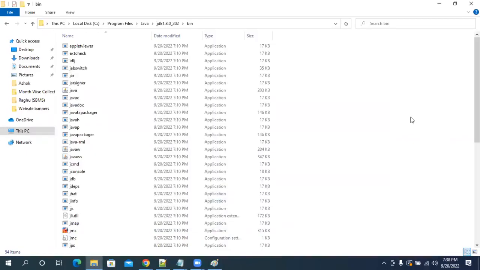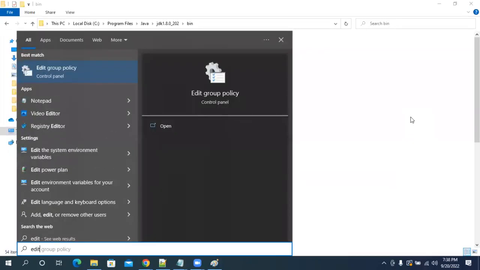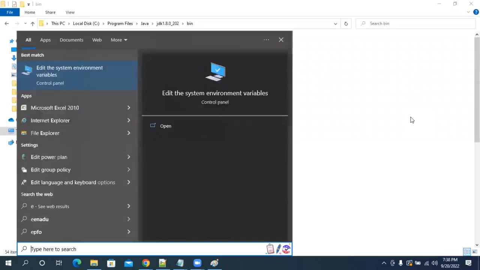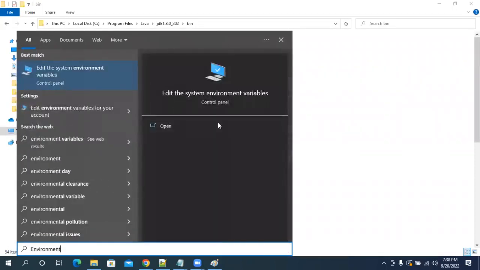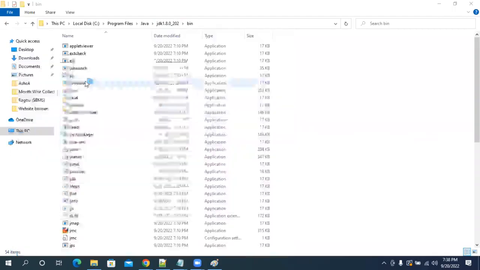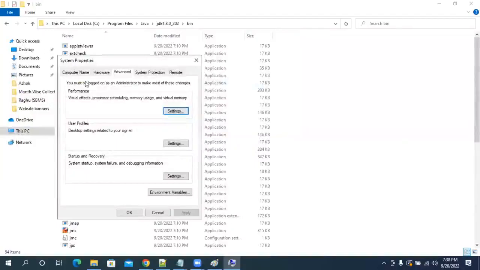Go to environment variables. Type environment variables. System variables or account variables? System variables. Edit the system variables. I need to click on a button called environment variables.